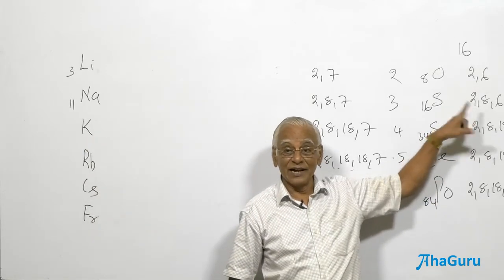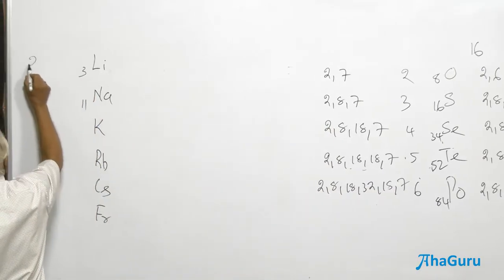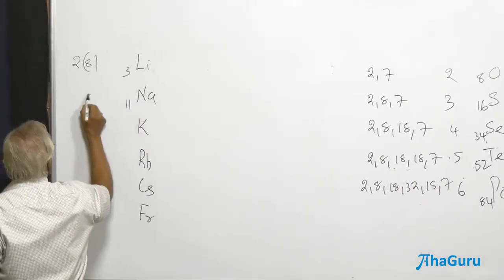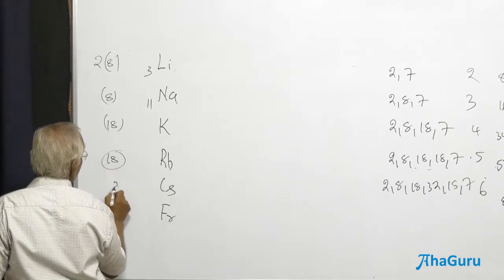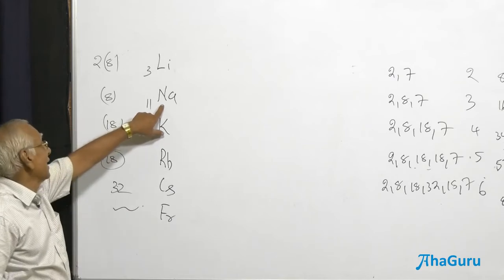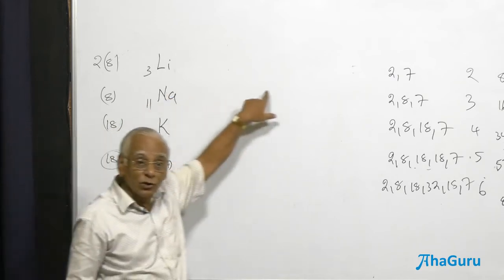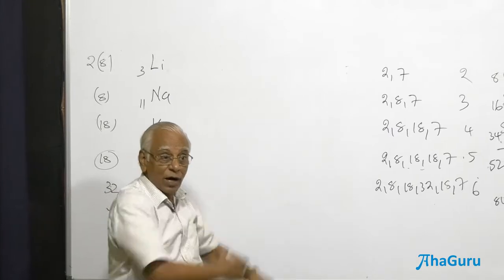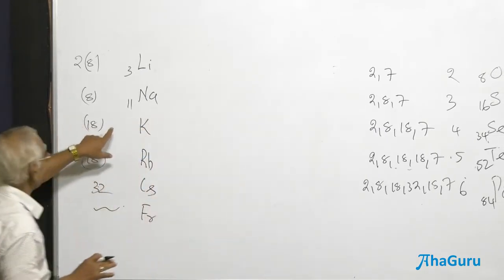On the right-hand side, you have added 18, because you should know this is the second period: 8 elements, 8 elements, 18 elements, 18 elements, and 32 elements. This is going to be incomplete. Please note the second period has only 8 elements. After that, in group 3, because of the d-block elements, you start adding another 18 more, isn't it? You have to be very careful.